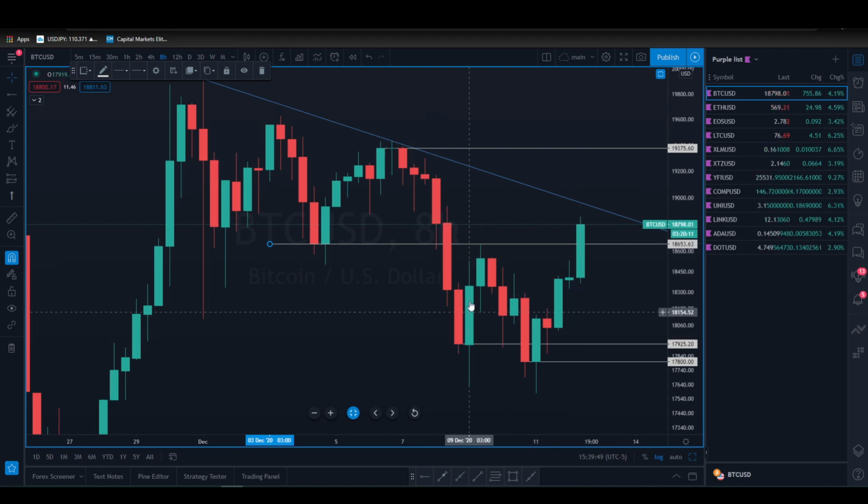So when we made this new market structure low here, we closed this candle below this market structure, which indicated bearishness, and then we moved down and created a new market structure low, okay? Now, when we push back up, we tested this market structure area here, right? But when we tested this area, which resellers or reload sellers look to enter this area short, as long as price is holding below this area,